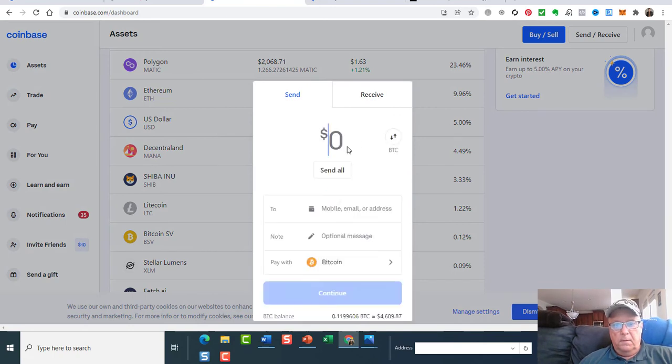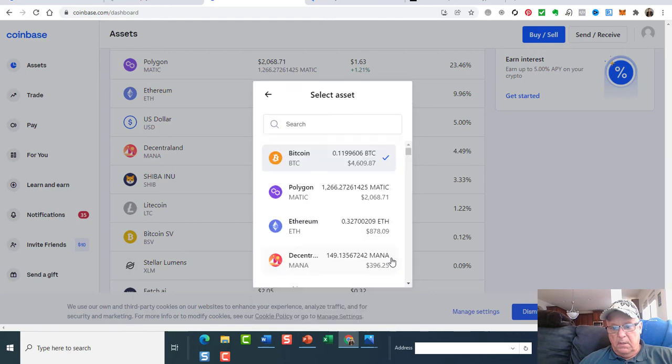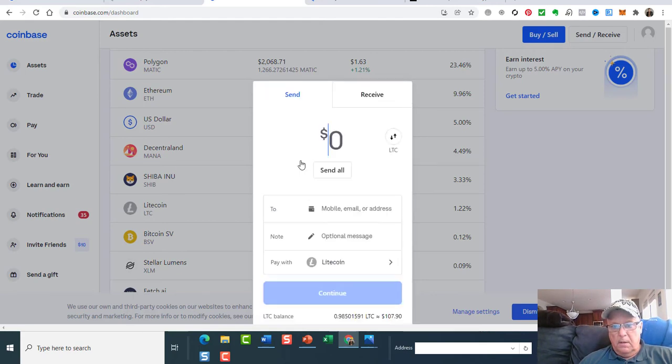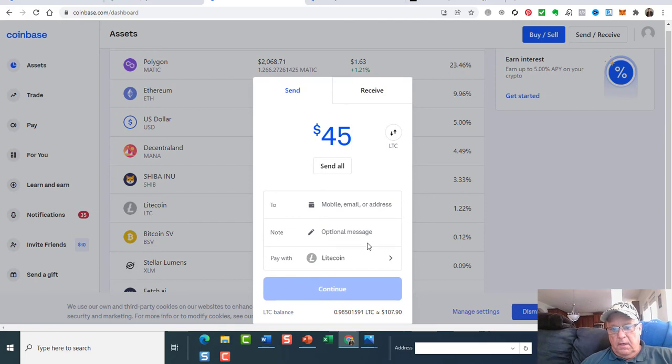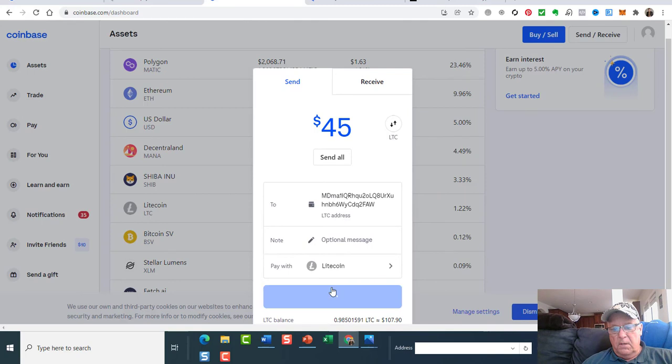Send. And I'm going to send Litecoin right here. And I'm sending $45. And I'm sending it to this address that I just copied. I'm going to paste it in there. And I'm going to hit continue.